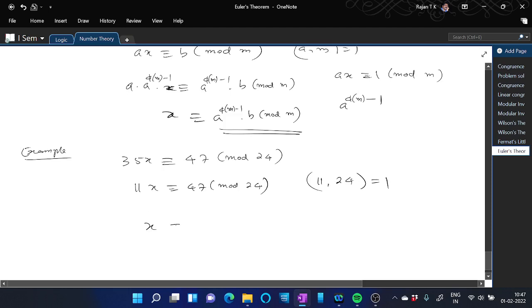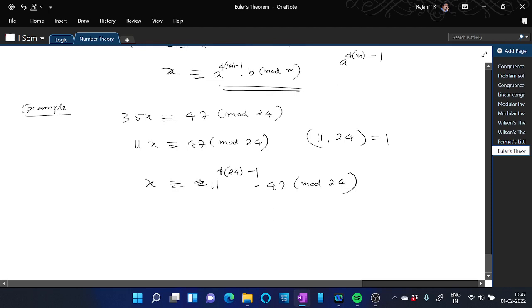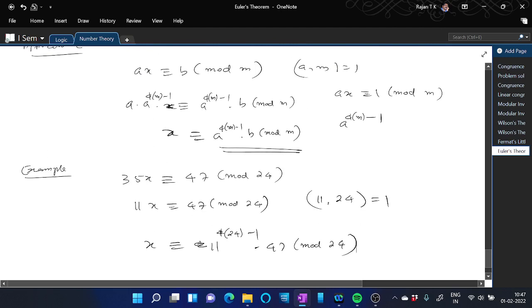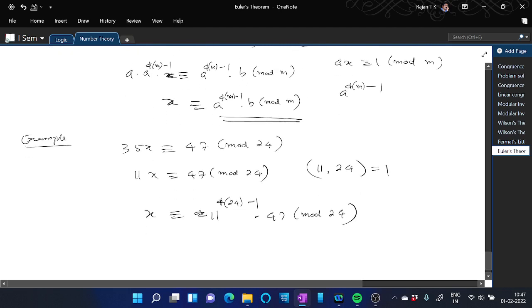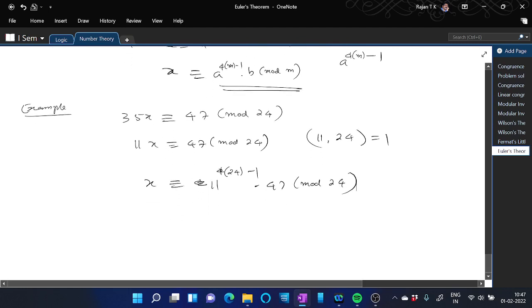So x is congruent to 11 raised to phi(m), that is phi(24), minus 1 times 47 mod 24. So we need to calculate phi of 24. As earlier we found, x is a raised to phi(m) minus 1 times b mod m is the solution. So 11 raised to phi of 24 minus 1 times 47 mod 24 is the solution. And you calculate phi of 24, we know phi of 24, you can see that it is